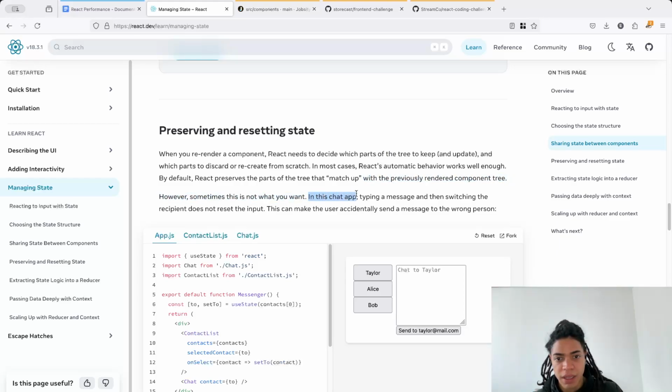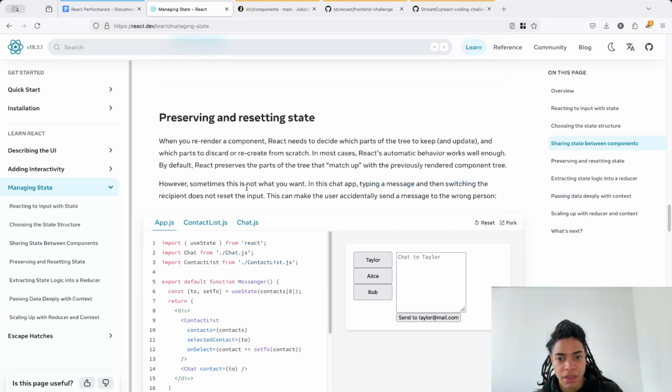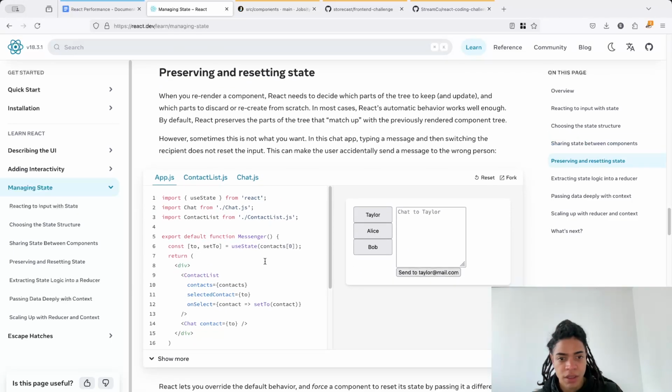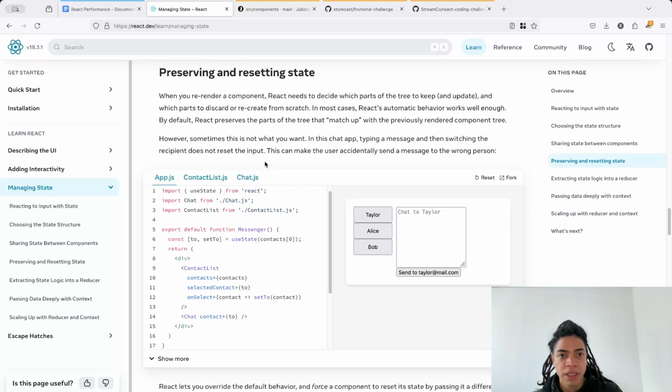In this chat app, typing a message and then switching to the recipient does not reset the input. This can make the user accidentally send a message to the wrong person. Exactly. So preserving and resetting state. Remember that after all, we are defining user interfaces. And now we're looking at how we can manage state. Preserving and resetting state. Say, hey,